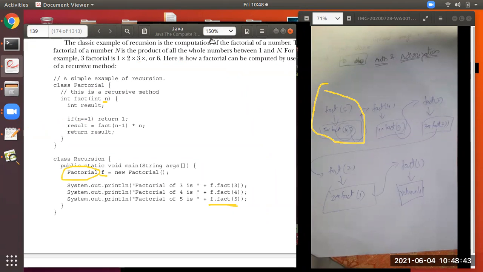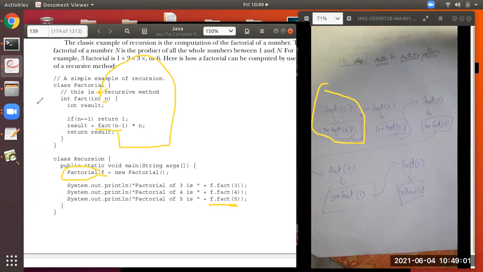As this one is fact of 4, this is again a function call. So what will happen? This will call itself again, fact of 4 now. So this is a function which is calling itself. So this is known as a recursive function.